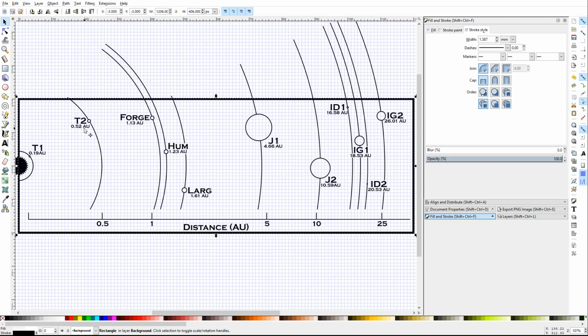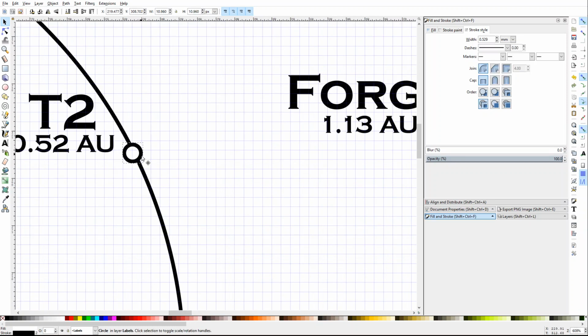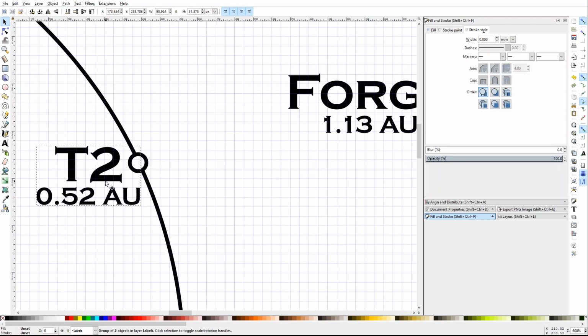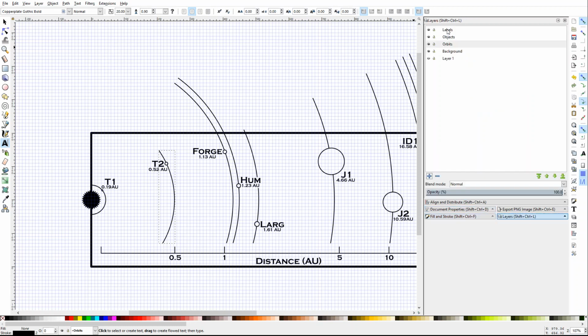And then I'm going to move the planet down just a little bit because I want to put some text up in that upper corner. So I'm going to move T2, terrestrial planet 2, just down over here. And I'm going to adjust the orbit arc for T2 down like this. Then I'm going to come back to the layers, the labels layer, and I'm going to type